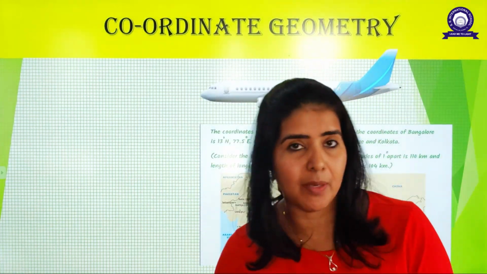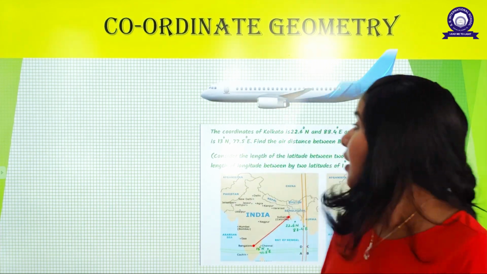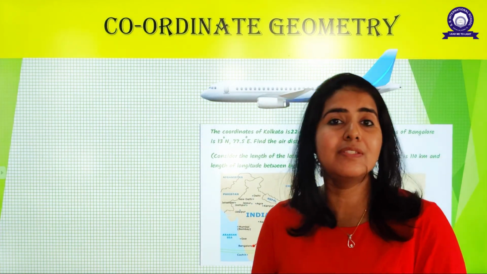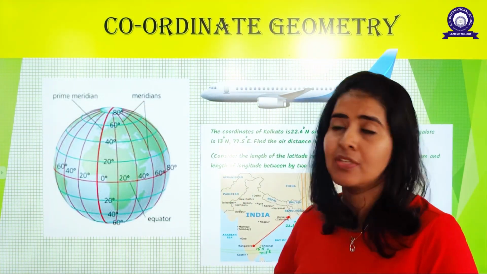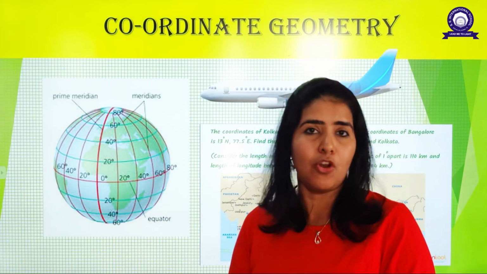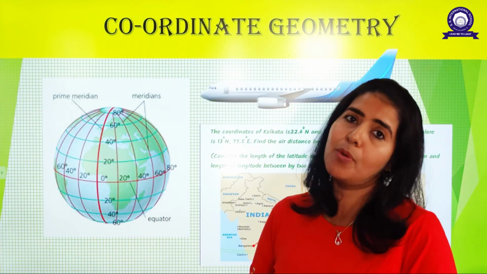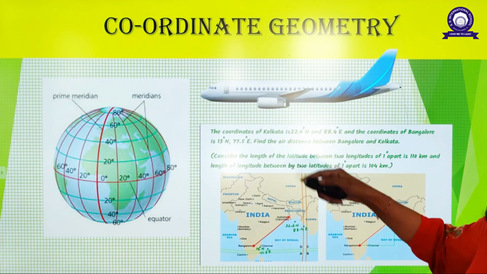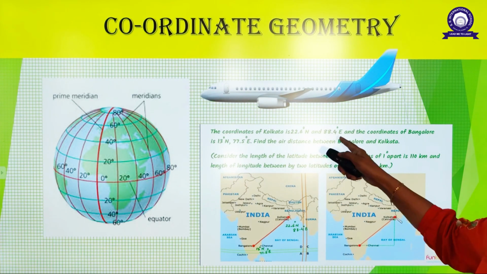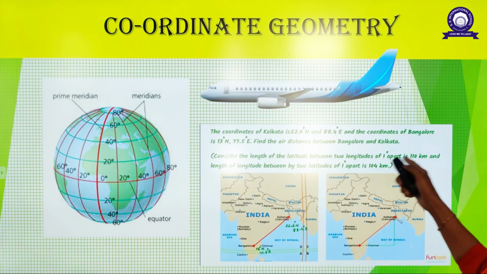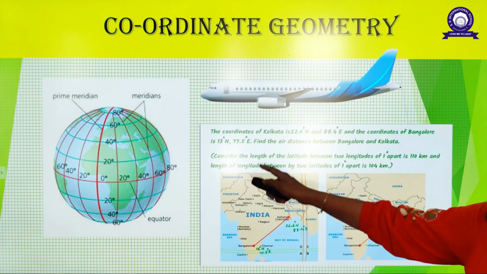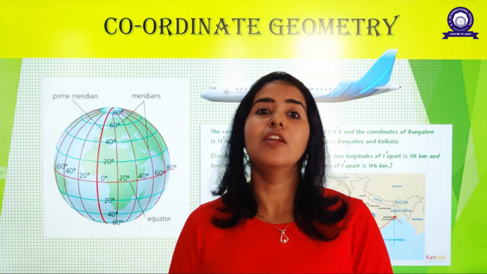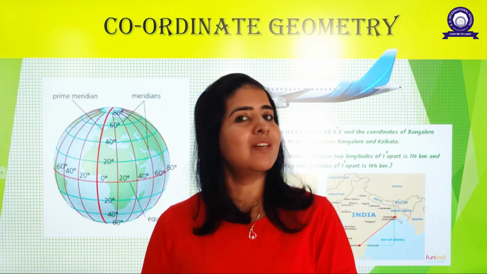Now the same thing is applicable while flying. Supposing you want to fly from Kolkata to Bangalore, how is the distance taken? We see that our earth is divided with the help of latitudes and longitudes which meet together to form a point, which is the location of that point. For example, the coordinates of Kolkata are 22.6 degrees north and 88.4 degrees east, and Bangalore is 13 degrees north and 77.5 degrees east. So this helps the pilot or the plane to locate that particular point and reach the